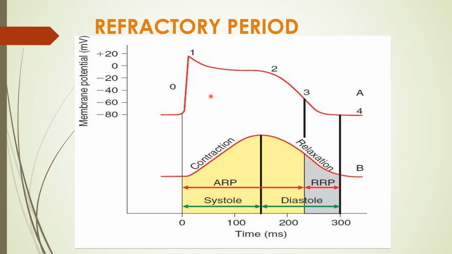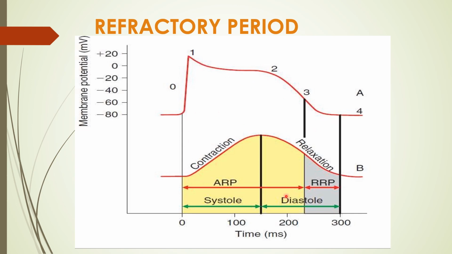So the next property is the refractory period. This is a very important short question. The refractory period is the period after the action potential during which the cardiac muscle does not respond to a second stimulus. The cardiac muscle has a long refractory period. We can divide the period into two, absolute and relative. Absolute starts from 0 to 2/3 of the third phase and relative from 1/3 to the last of the cardiac action potential. So this is the mechanical response and this is the electrical response.